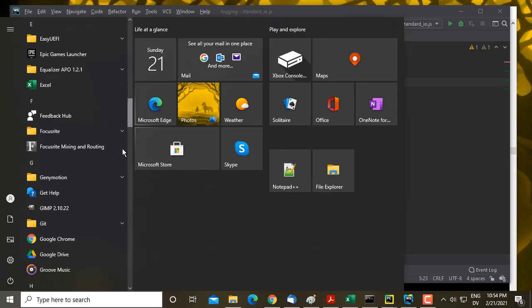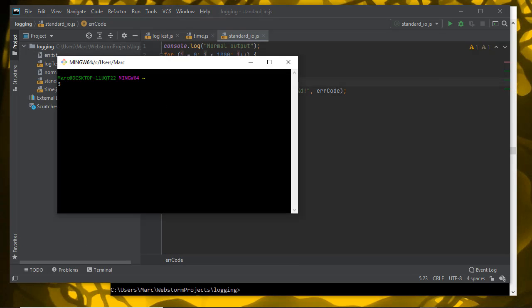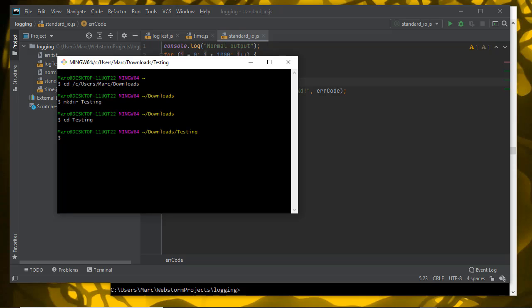And I'm going to pop open a git bash window. And I'm going to cd to c users mark downloads. And let's make a new subdirectory called testing. And then cd into there. And then I'm going to clone the repository into this folder. So that will be git clone